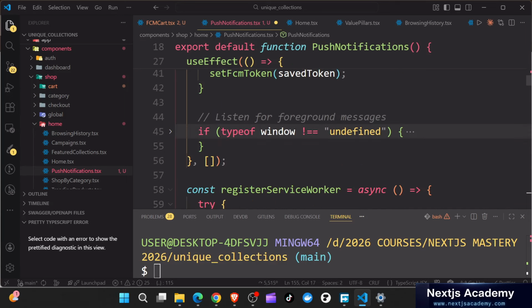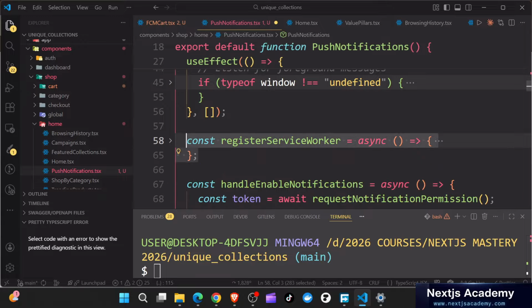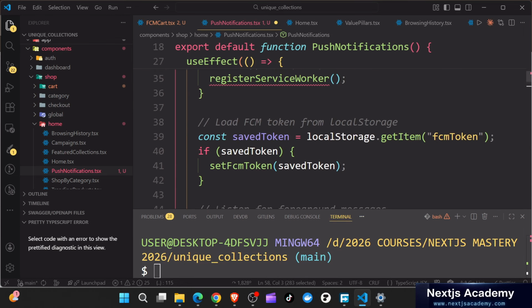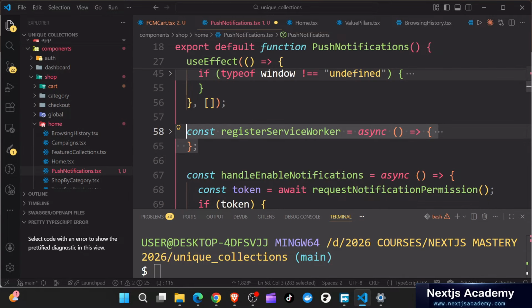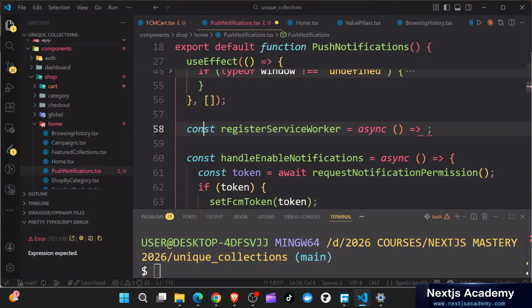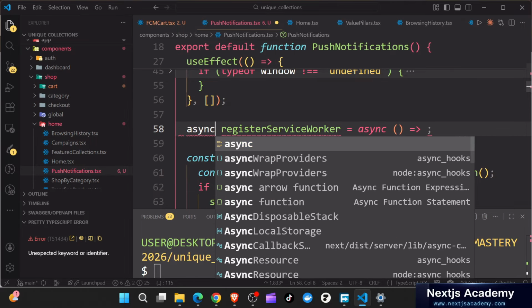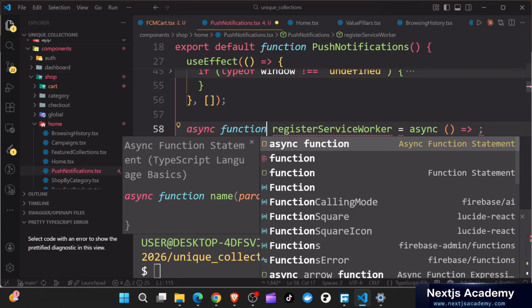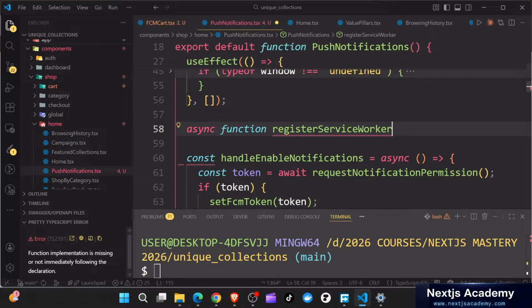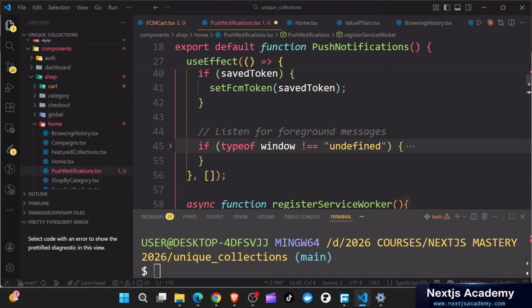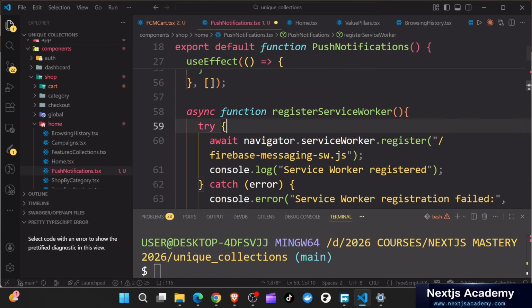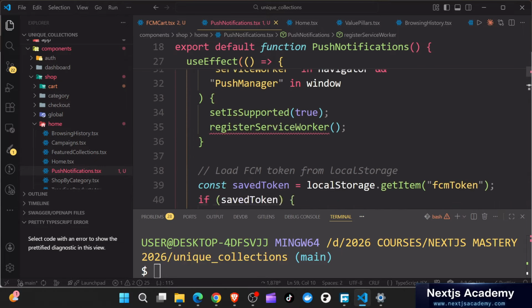Why don't we have this const register? So if we wanted to actually use it the way it is there, we could just call this, because this is an arrow function, you can just cut everything like this, and you could just call this an async function like this, just like this, and put this. Okay. Still here,